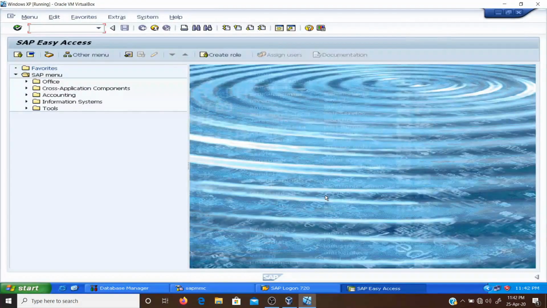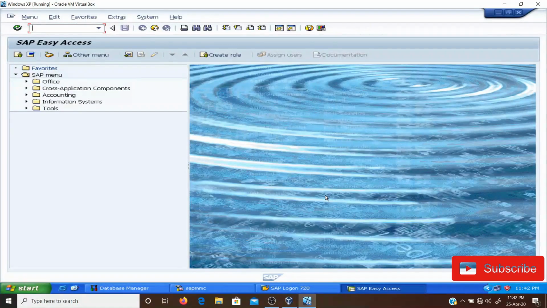Now comes the practical part of differentiating between active and inactive objects. For differentiating between the active and inactive objects, we will first create a structure field, and we will include this structure field in the transparent table.